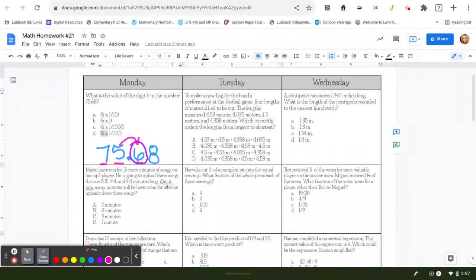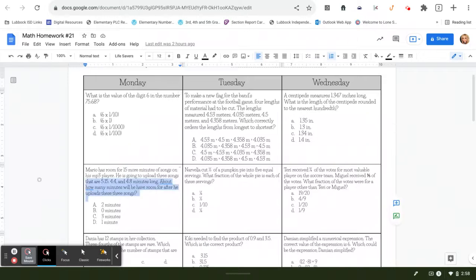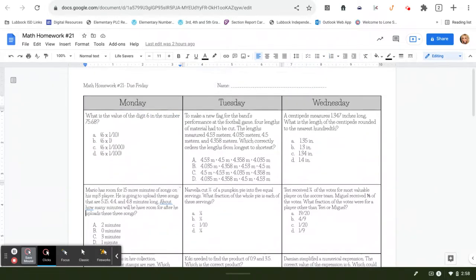So over here for our answer choices, I know I can immediately get rid of B. I know that it's not in the ones place. So then say each of those fractions. This one says 1/10, 1,000th, or 100th. Well, we already said it's in the tenths place. So which one says that? A. Okay. For our next one,